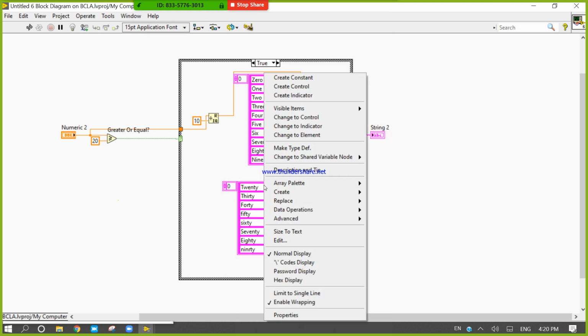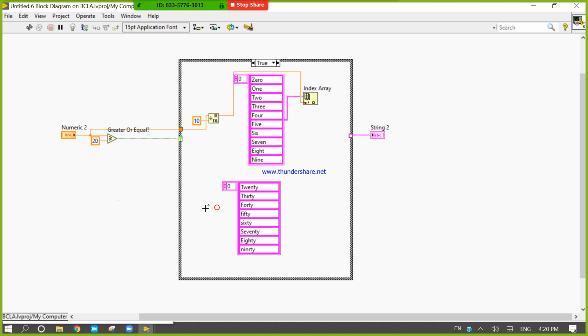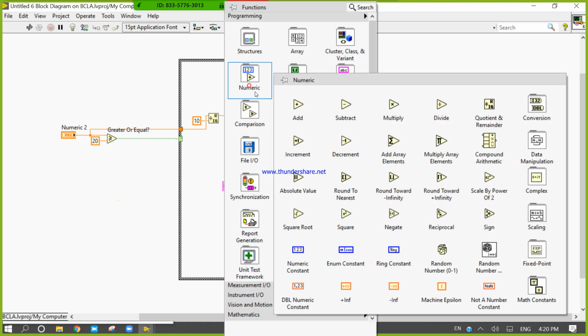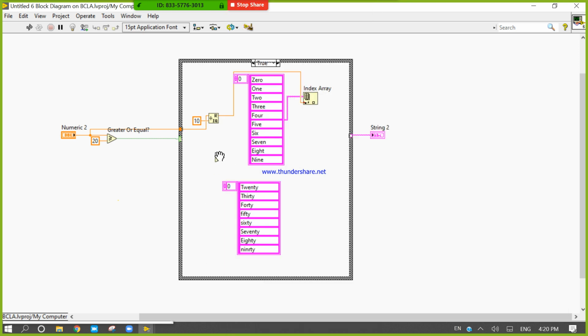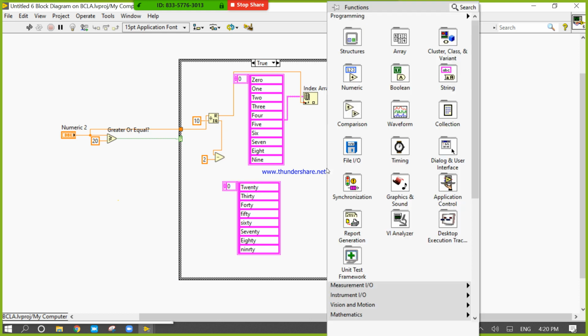Now after that right click, okay, right click, come to the numeric, subtract. Create constant 2, because it will always be generated from 2, but it starts from 0.